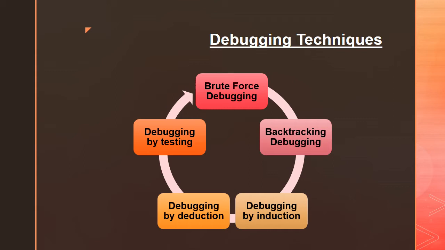Then the last technique is debugging by testing. In testing, we develop test cases and design good test cases in order to test the entire program. A similar thing happens in debugging, but in debugging we design different test cases from those used in the testing process. Some test cases are specifically designed to explore the internal program state, so that we can remove the causes of the error entirely from the internal structure.